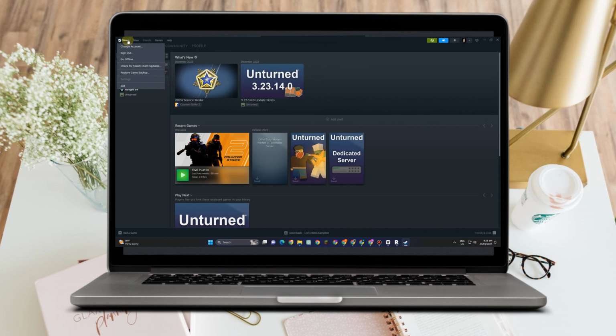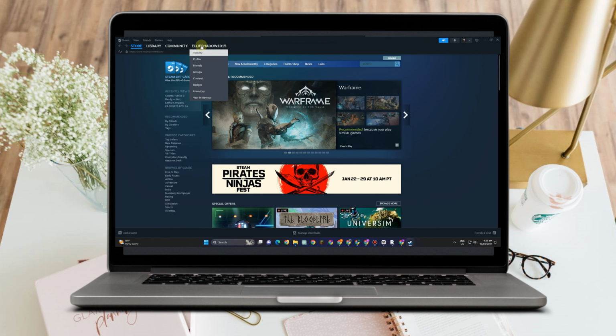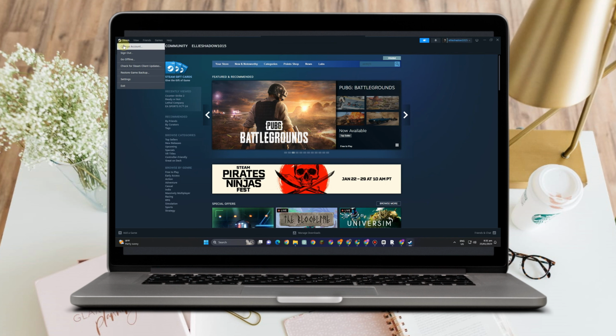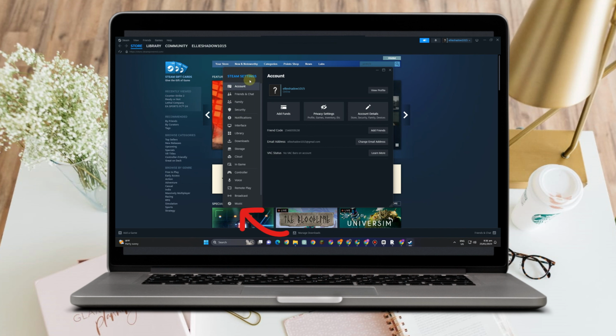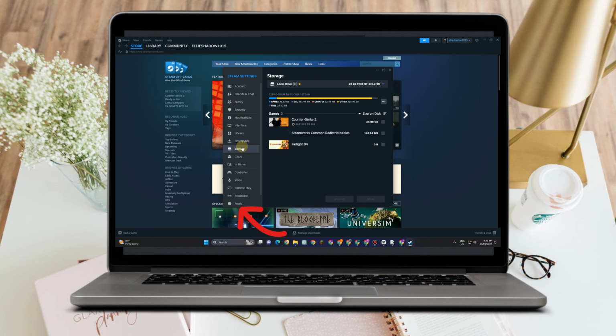go to your settings. So locate Steam at the top left corner, and then go to settings. Now, under settings, what you want to do is to simply locate storage. Okay, scroll down till you see the storage right here. And then once you tap this, locate the disk or the location of where you want to repair. Tap this three dots and then kindly look for repair library, and it will automatically repair and fix some errors